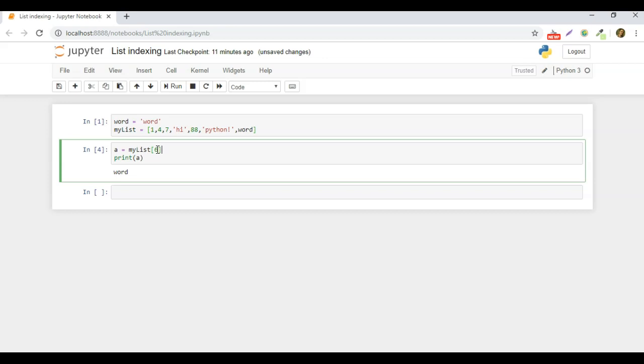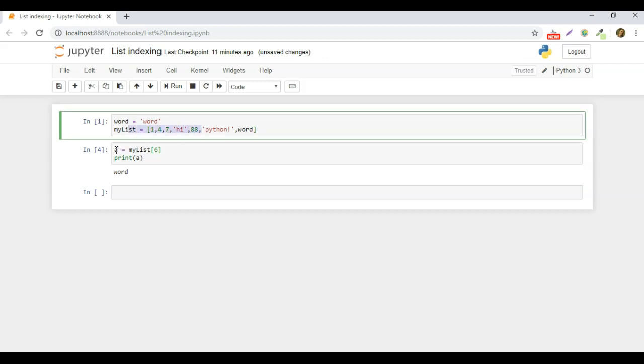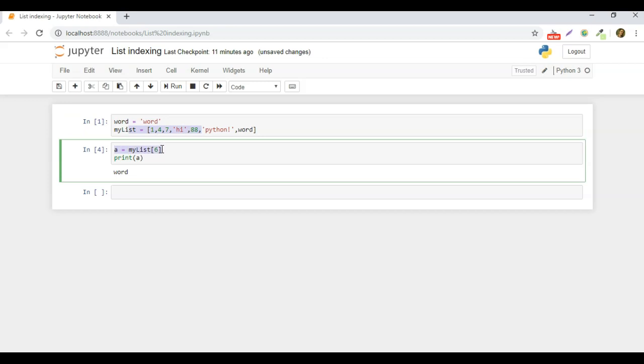In the next lecture, we're going to be going over how you can capture slices of the list, so including more than just one element. So we'll go over that in the next lecture. Before then, just have a go at this yourself, create yourself a list, and then practice just accessing different elements in the list